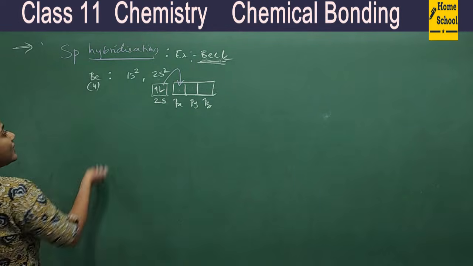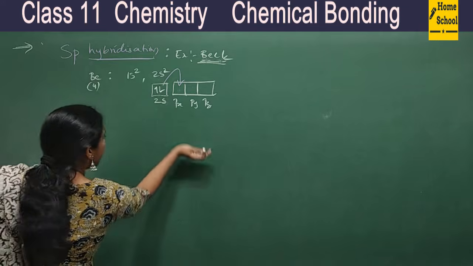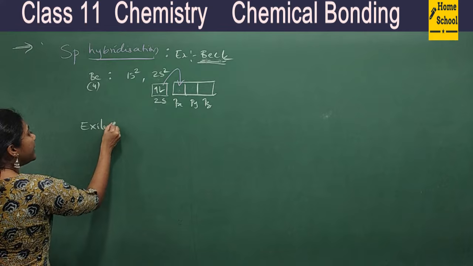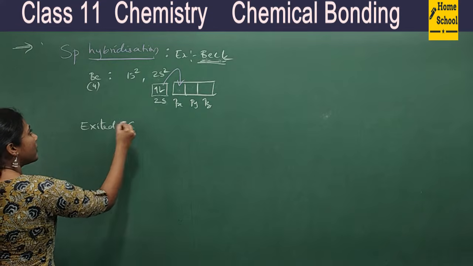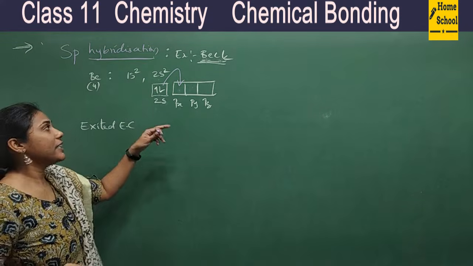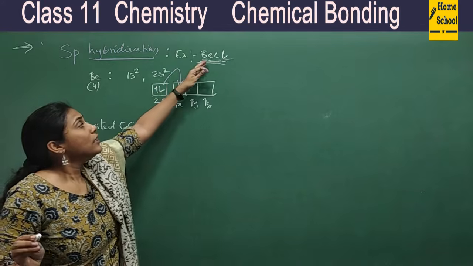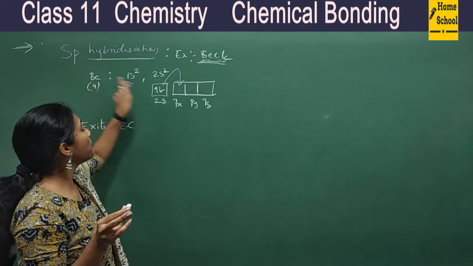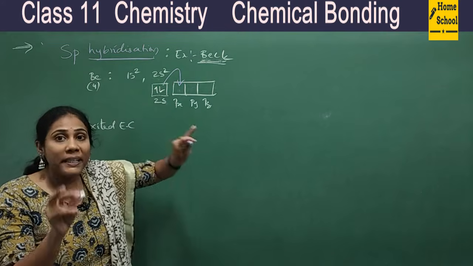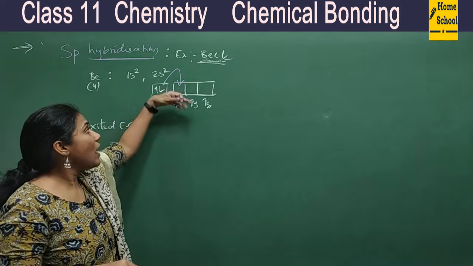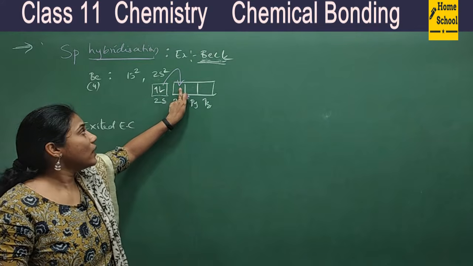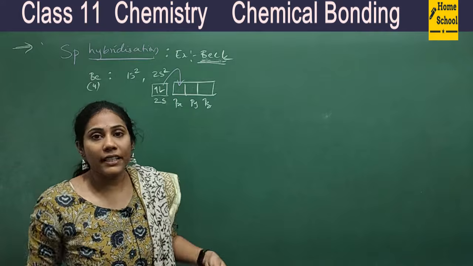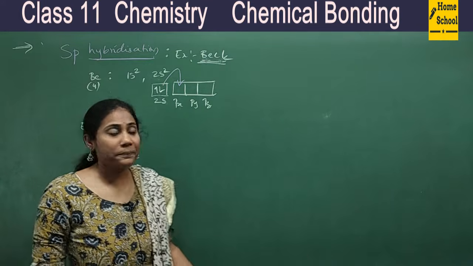So now I will write another, changed electronic configuration. Now I will call it the excited electronic configuration. Beryllium undergoes excitation. Why? Because Cl atoms are coming near to make a bond. So this atom must provide two orbitals with a single electron. It is not there, so promotion of an electron takes place to an empty p orbital. This process is called excitation. This is what we mean by excitation.